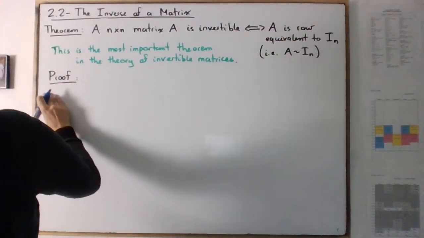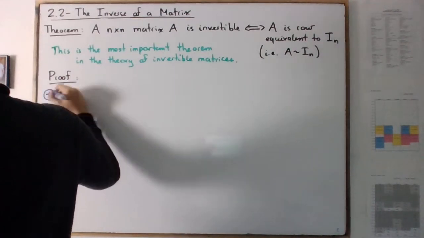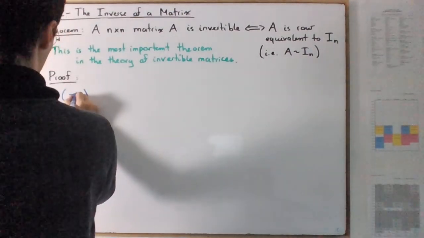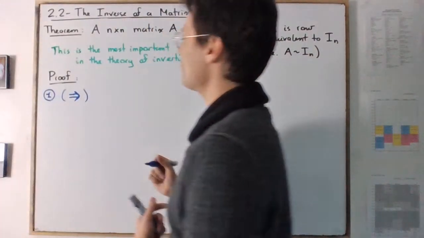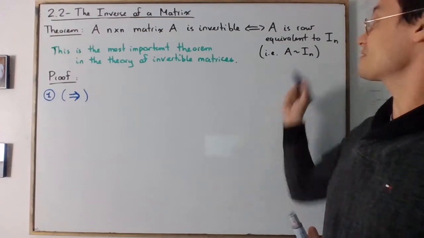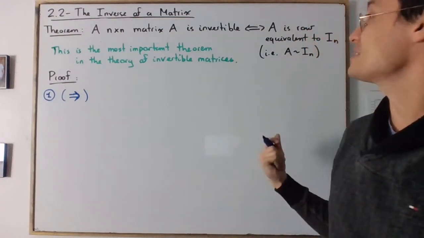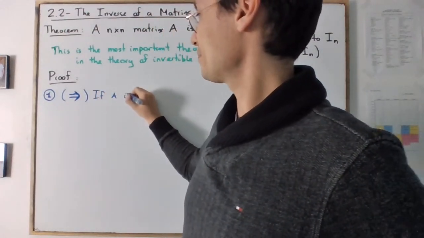I will call this step number 1. So we will prove this direction, which is actually fairly obvious when you think about it. The most important aspect of the theorem is actually the reverse way. But that being said, let's see why this is true. So if A is invertible,